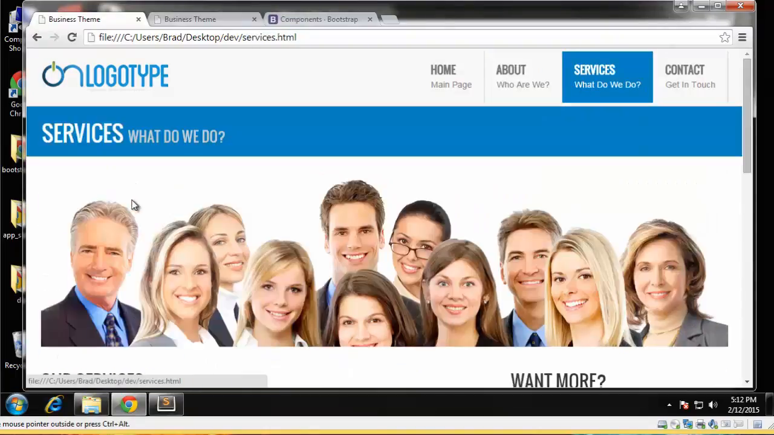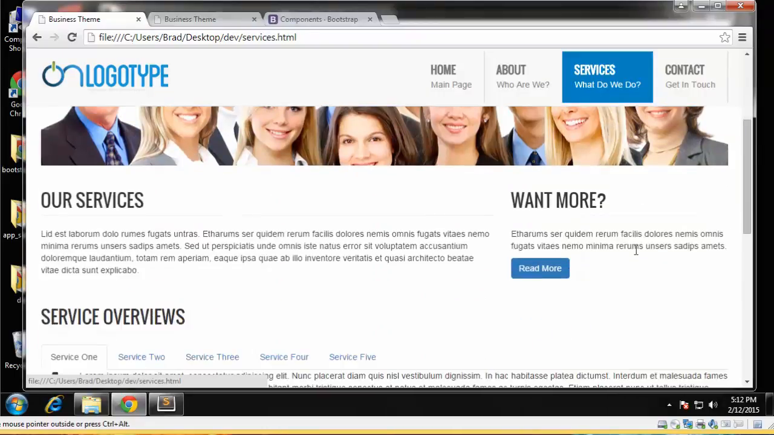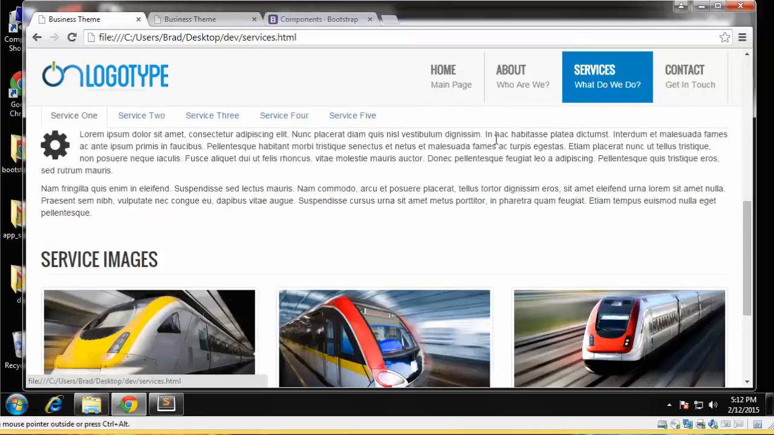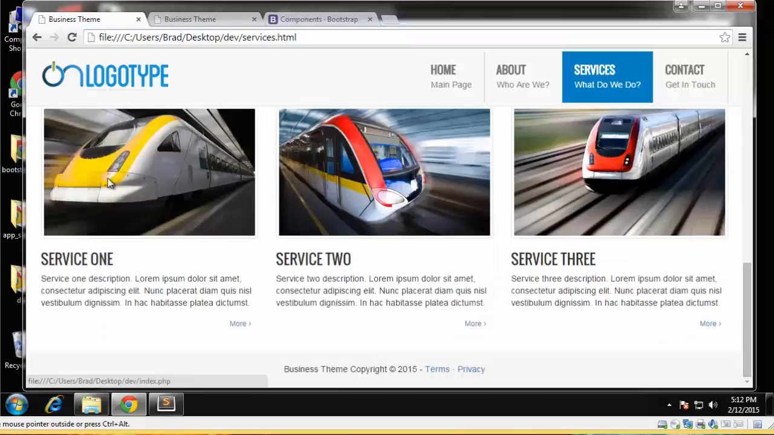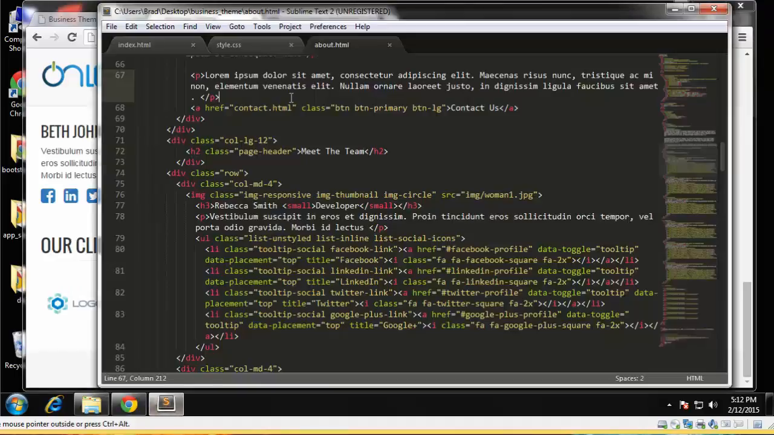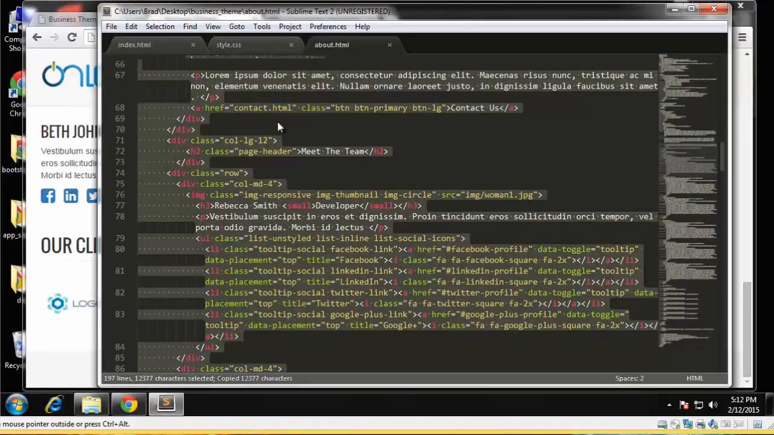Services, we have this large image. Well, we have the page title, we have this large image, we have some text here, a little side text here, and then the tabbed interface, and then some images here with some text. Okay, so what I want to do is copy everything that's on the About page and